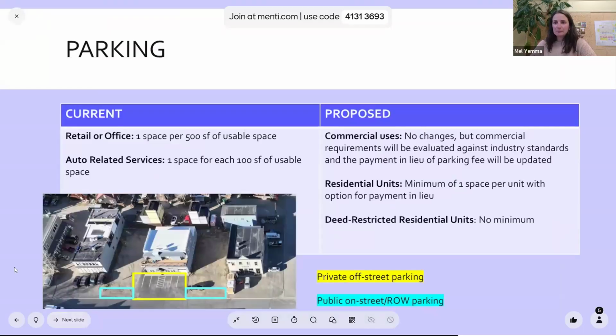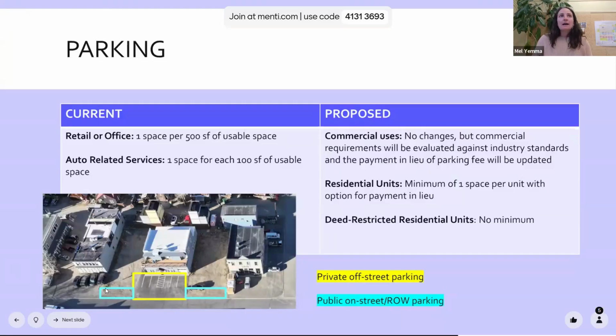All right, moving into parking. So the zoning code dictates how many off-street, on-property parking spaces are required as part of a development. So you can see in the photo below, what's shown in yellow here are those private parking spaces provided, but then what's shown in turquoise is on-street available public parking. And I do want to recognize that in Bellevue, there's a lot of head-in parking, so